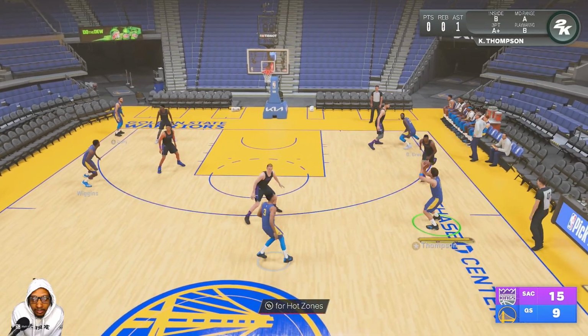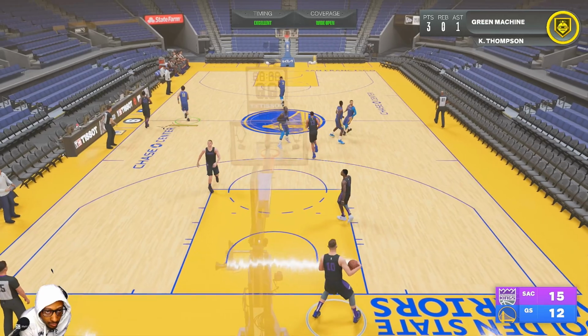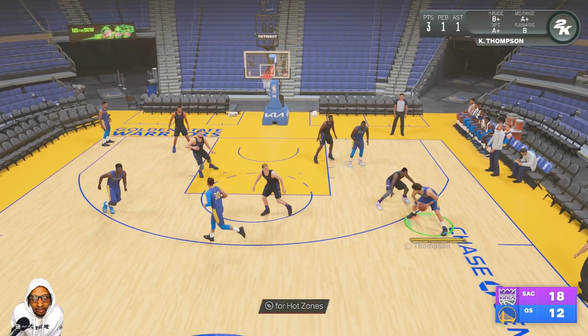Today I'm gonna be going over the Warriors Freelance here in 2K23. This Freelance has 4 out, 1 in spacing, and sometimes 5 out spacing, depending on where you are. And it also has a lot of off-ball screen actions that can help you get threes as well as backdoor